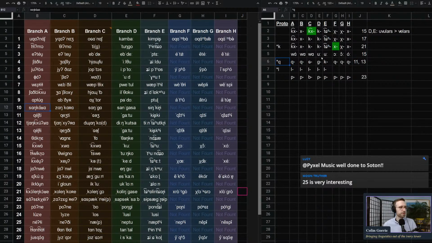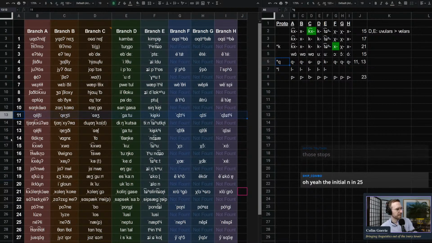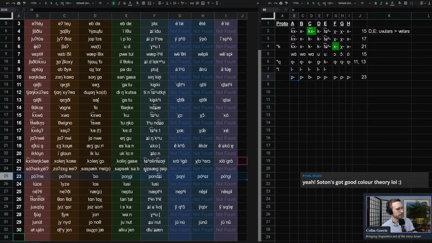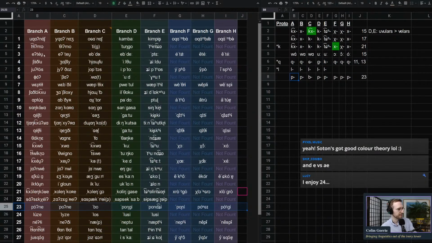For the unvoiced protophoneme Q, Logan points out that intervocalic voicing is pretty common. And that is absolutely true. But here we are positing this on the basis of 11 and 13, in which it's word initial. So I'm not quite sure. And the other voicing controversy we have is for 23, where we have this P and B correspondence. Let's see if there's anything else that looks the same.